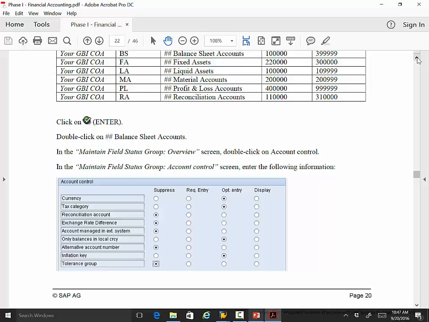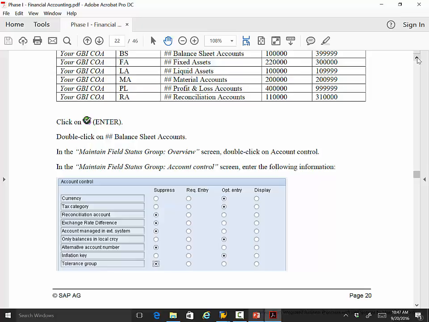If I designate something as required entry, that means that not only is that field displayed to the user, they have to put a value in it. Optional entry, pretty straightforward. I put the field out there, they can put something in it or they cannot. So notice what this is saying is that for all of your balance sheet accounts, when transactions go into the general ledger, designating a currency is optional, meaning that if another currency is not designated, we're going to assume